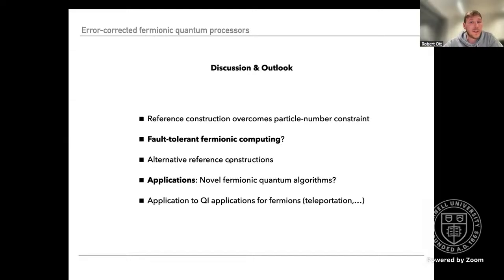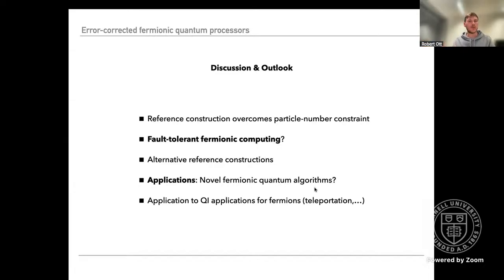There are also many different ways of realizing this reference. We talked about this linear in system size depth of realizing this. So we're working on alternative constructions there. Also different hardware realizations. I've showed you this other example of this molecule condensate state. And there's also this question, okay, on the algorithmic side, there are efficient ways of mapping fermions to